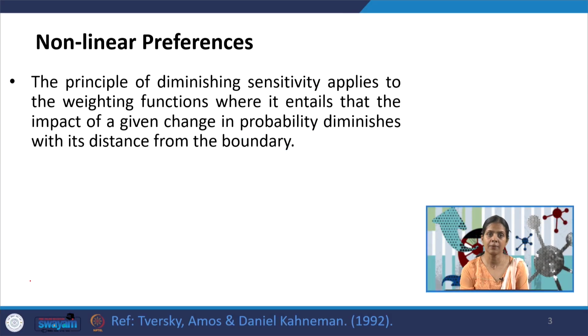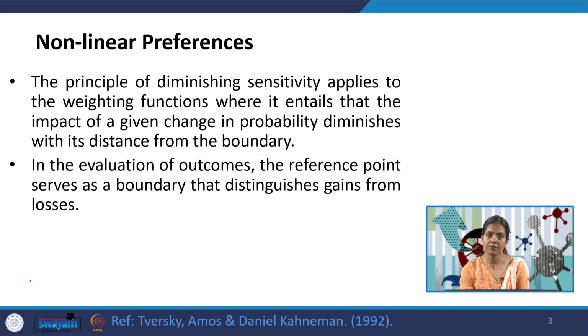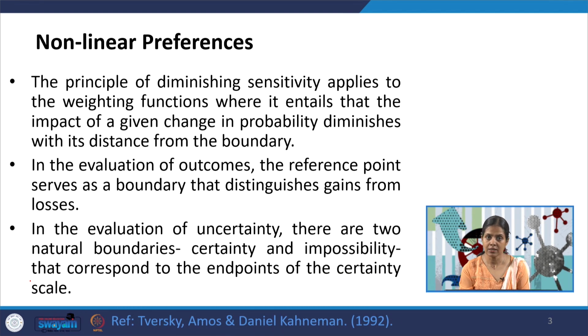So, we continue with our discussion on cumulative prospect theory. Talking about nonlinear preferences, the principle of diminishing sensitivity applies to the weighting functions, where it entails that the impact of a given change in probability diminishes with its distance from the boundary. In the evaluation of outcomes, the reference point serves as a boundary that distinguishes gains from losses. In the evaluation of uncertainty, there are two natural boundaries, certainty and impossibility, that correspond to the endpoints of the